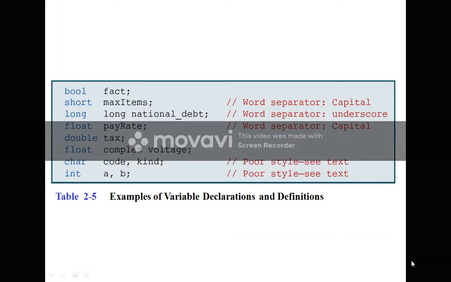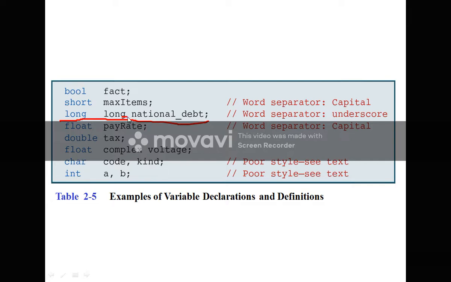So here some more examples are given. First one, boolean fact. So fact will return either 0 or 1. Why? Because it has a data type bool. Next is short max item. So max item can contain only a short value. Next is long national debit.